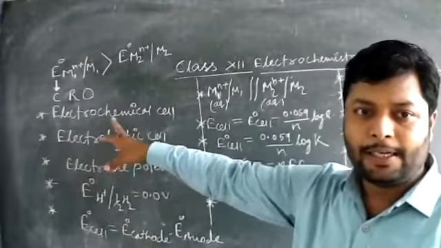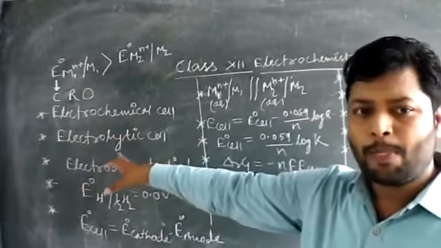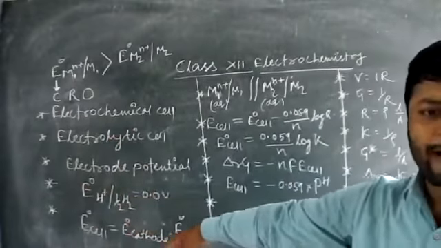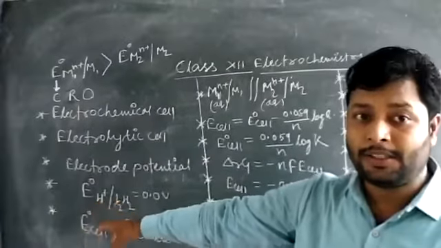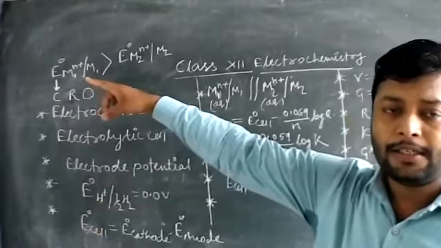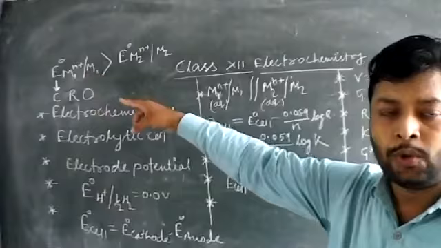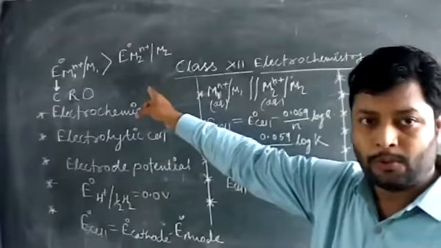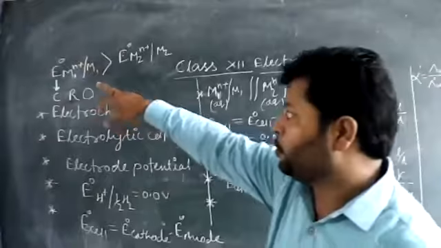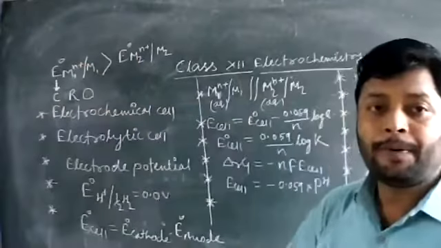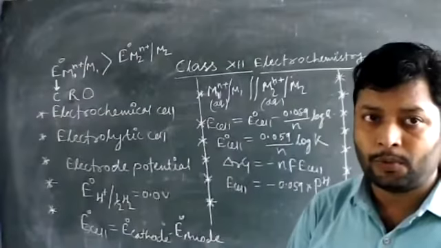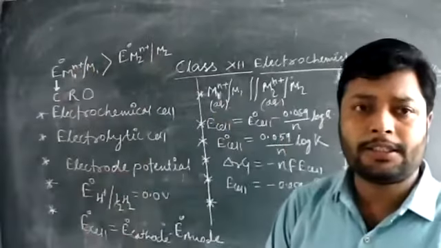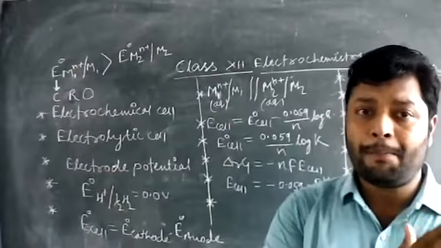Like you can see the electrochemical cells, electrolytic cells, electrode potentials, standard electrode potential, and how to calculate the standard cell potential. You can see there is written E naught M1 and E naught M2. Actually, I have taken two different metal electrodes, M1 and M2. And you can see there is a reduction also. So simply we can compare